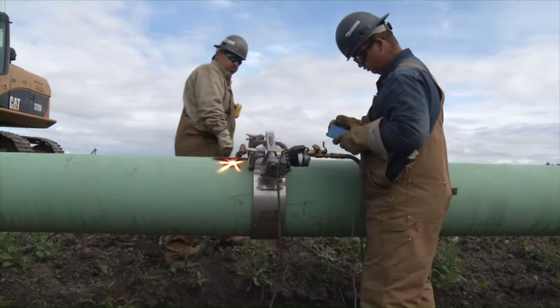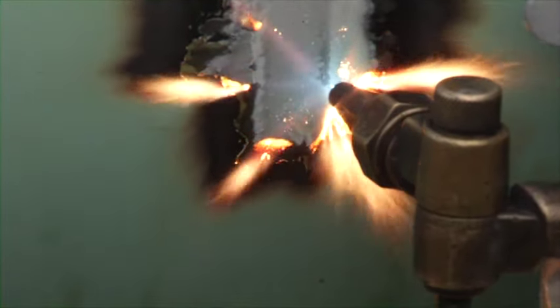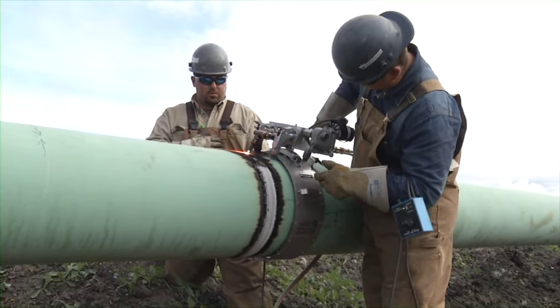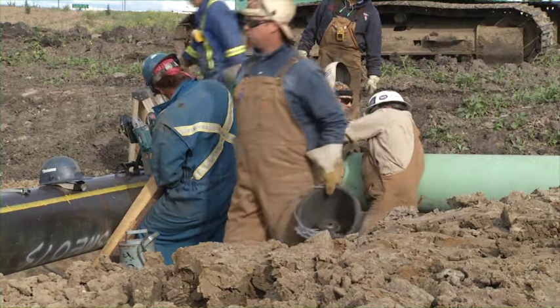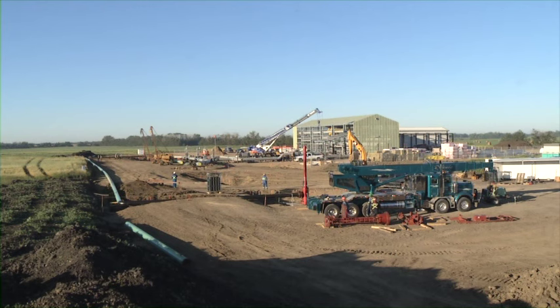First, cut the big piece to length. The first pass just burns off the pipeline coating. Then they'll go around again to actually cut the metal. Now they'll be able to clamp it together and weld it up. Pumps have arrived for the new pump station. It's the 1st of September, and today oil